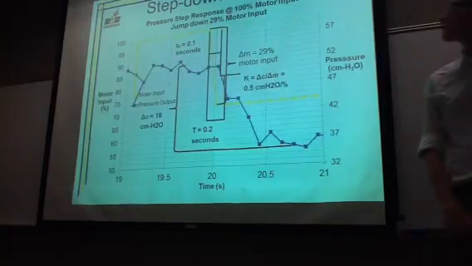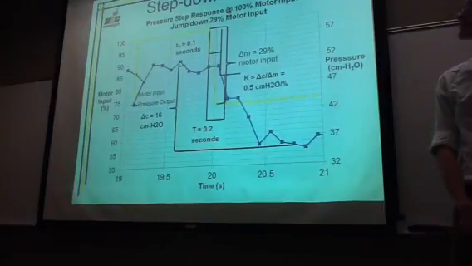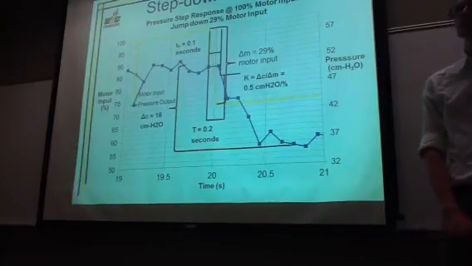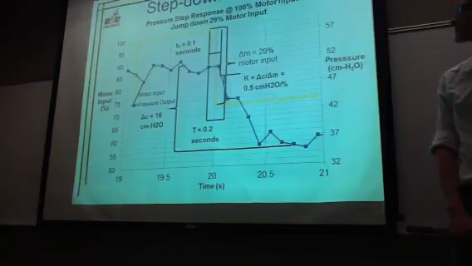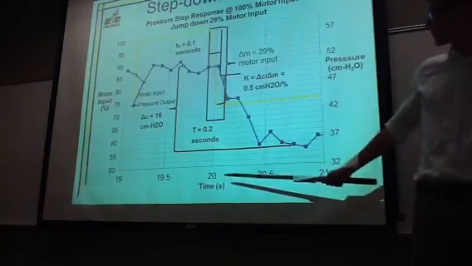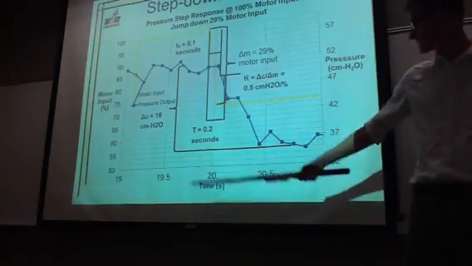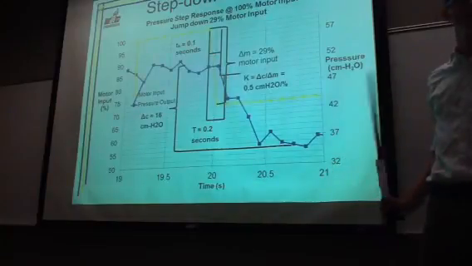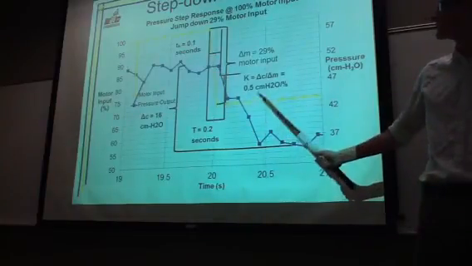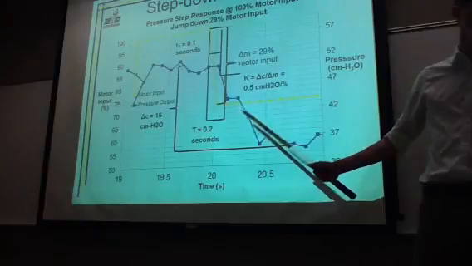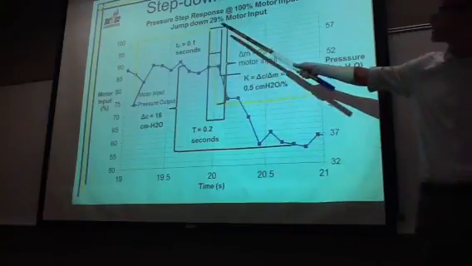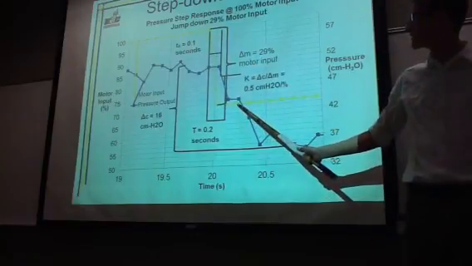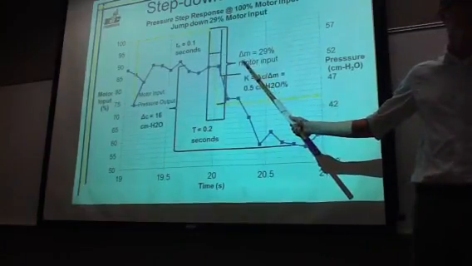Here are results for a step-down experiment that was run at 100% initially, and then dropped down 29% to reach our desired output range. As you can see, this graph does not start at 0 seconds, and it did not reach the full 45 seconds because we only desired to zoom in and show you the pertinent information for the step response analysis. You can see here the difference in the yellow lines is the change in the motor input